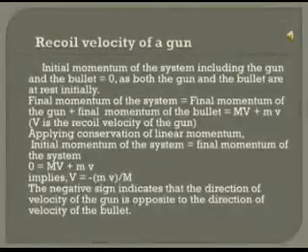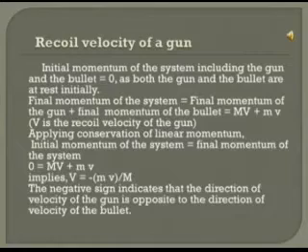Now, let me discuss how to derive the recoil velocity of a gun on its fire. Consider a system consisting of a gun and a bullet. The initial momentum of the system is equal to 0, as both the gun and the bullet are at rest initially. Final momentum of the system is equal to final momentum of the gun plus final momentum of the bullet,